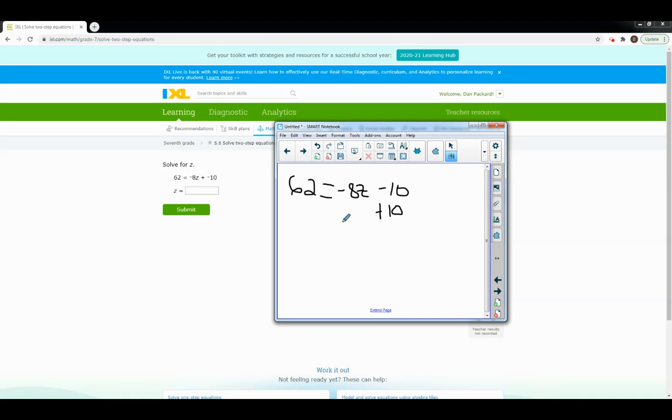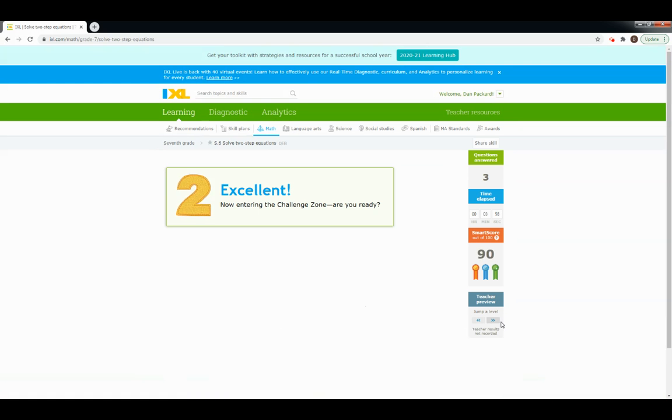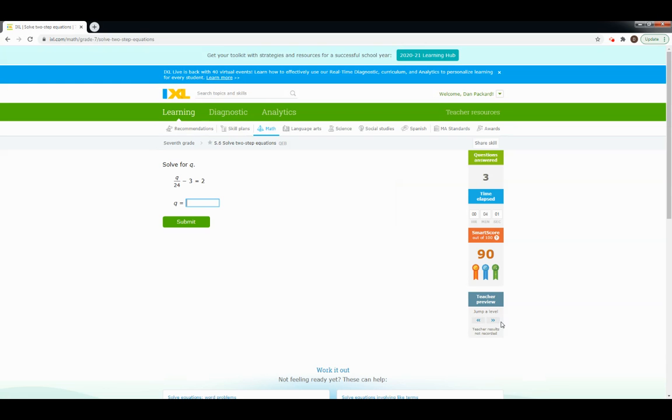And then you just add 10. Add 10. 72 equals negative 8z. And now the important part, make sure you divide by -8, and you'll get -9 equals z. And we covered one like that. And now if you get